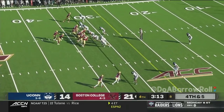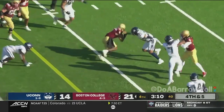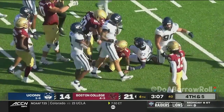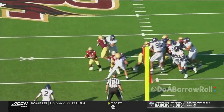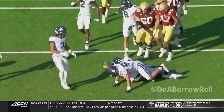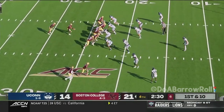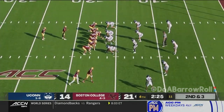Well, was it emotionally not feeling well? You just don't know. Here he's got to pick up the first down and does. Still on his feet. Here is with just 2 timeouts left. This clock winding inside of 3 minutes. Just following big Kyle Hergel into the hole. There's a little bit of gimp coming from that left leg. You can just hand it off to this guy, though. Yeah. Normally it's